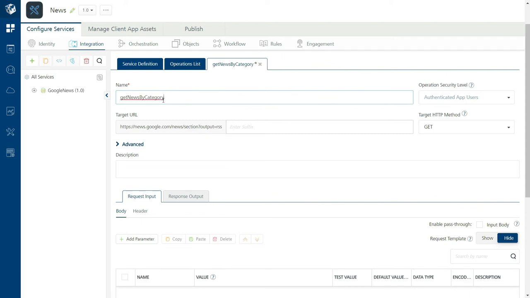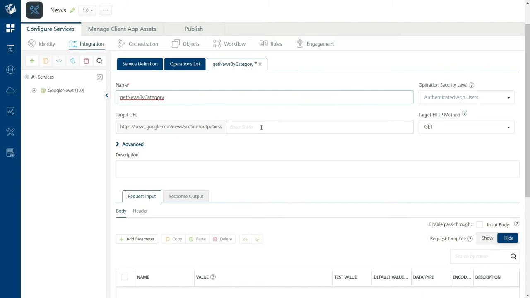I am creating an operation wherein I want to pass the category as the input parameter, such as sports or health or world or politics, like that. And based on the category that we pass as the input parameter, we want to retrieve the news articles of that specific category.